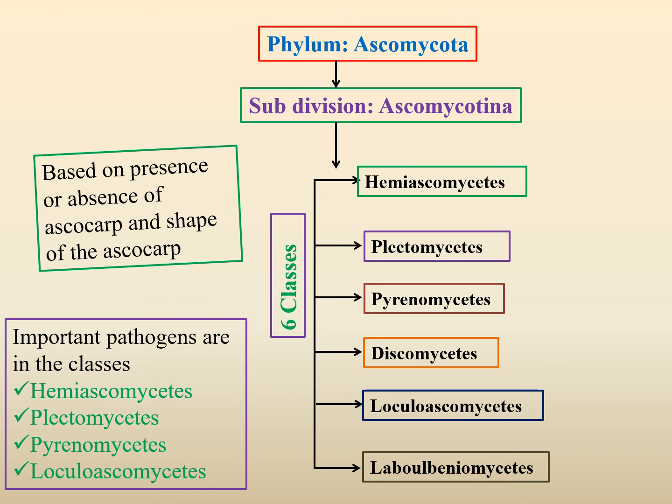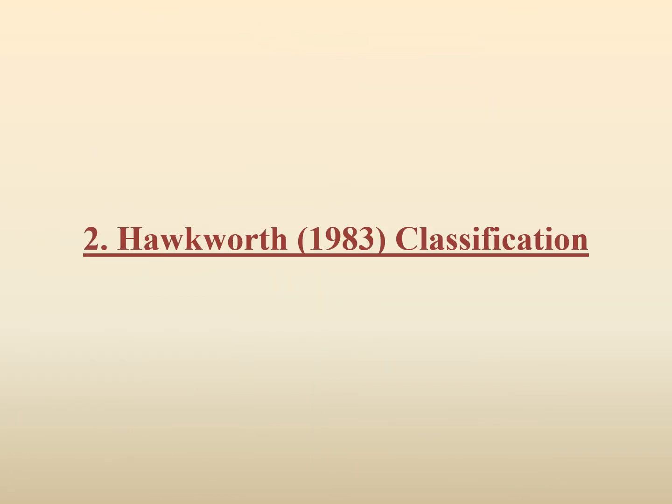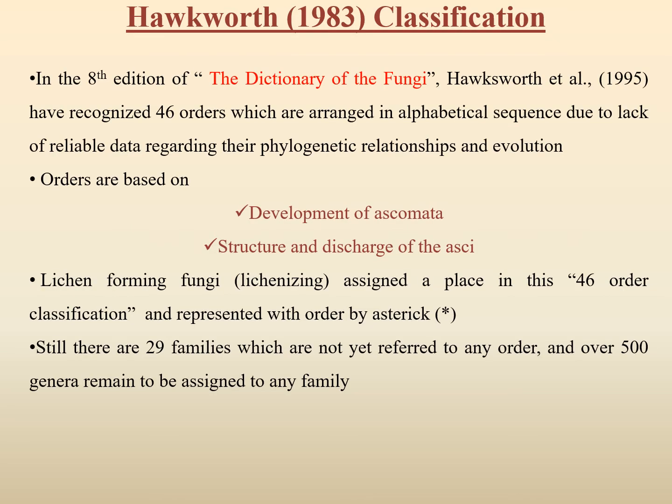Okay. Now, coming to the Hawksworth classification. This is the 46 order classification. This classification is mainly found in the 8th edition of the Dictionary of the Fungi, where they recognized 46 orders and arranged them in alphabetical order. These 46 orders do not reveal the phylogenetic relationship and evolution among them. This classification is mainly based on development of Ascomycota and structure and discharge of asci. And an important character of this classification is